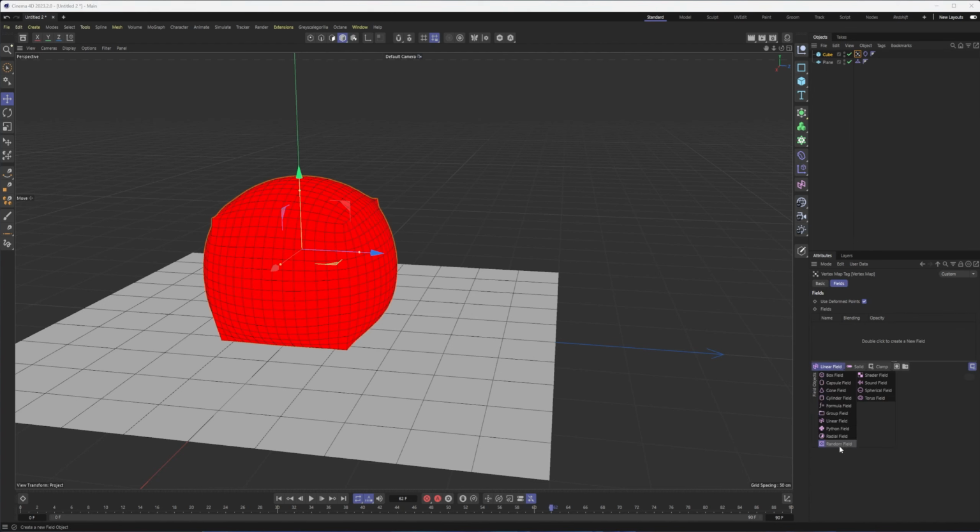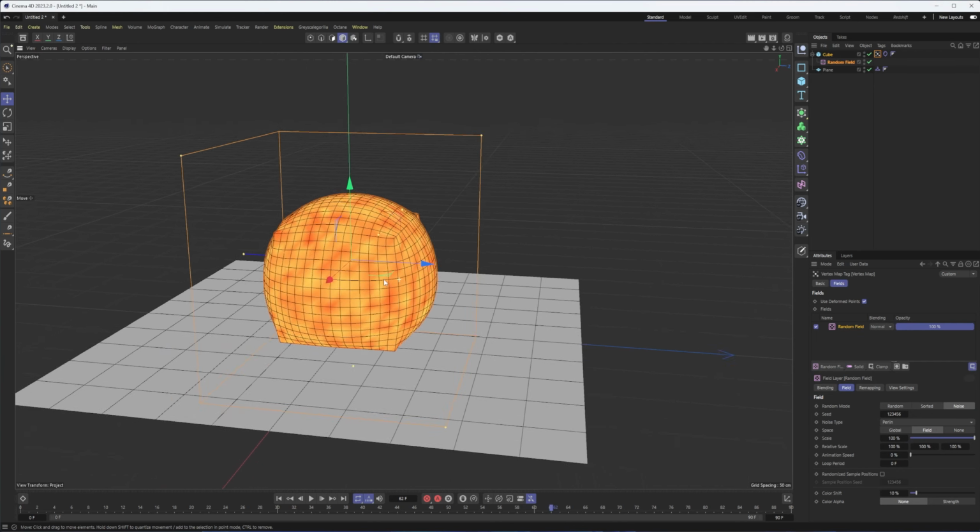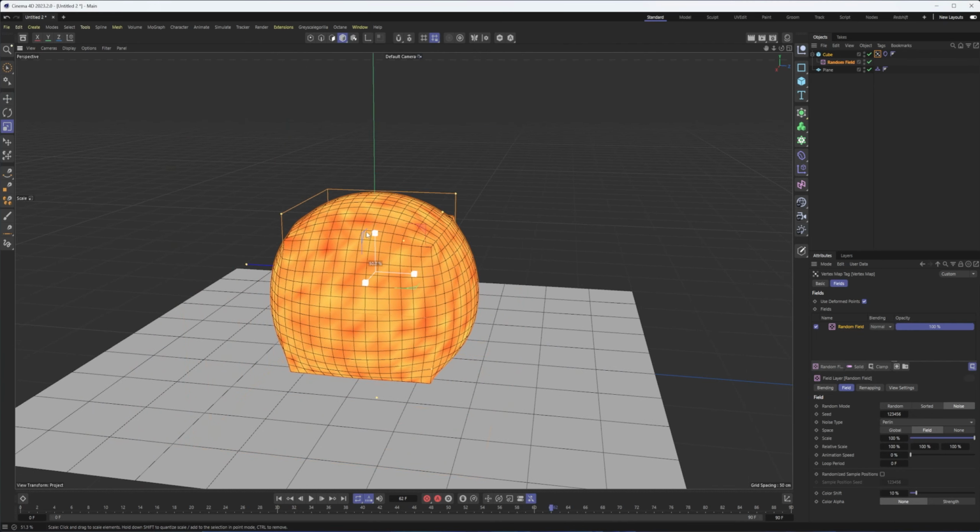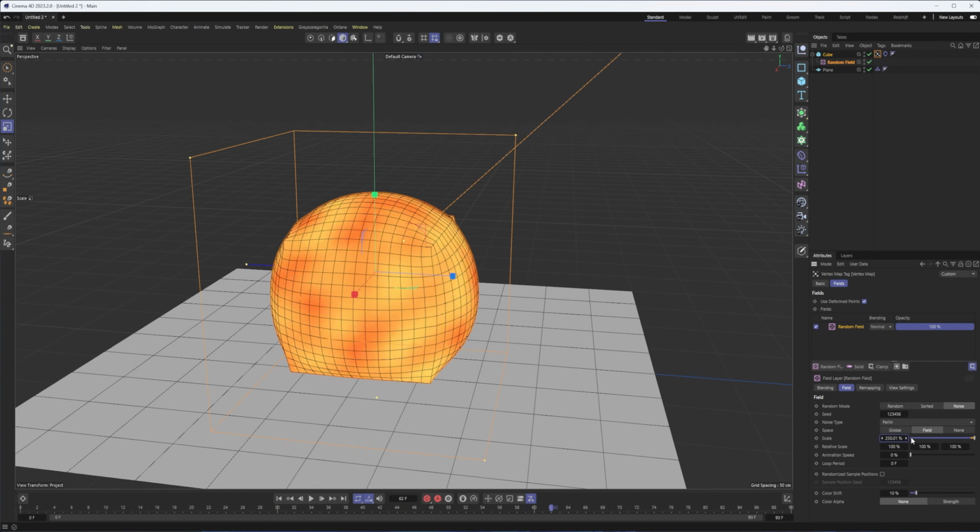And I think I'm going to use a random field to try and just get some random parts that are going to be able to influence this, and maybe go a little bit larger with this. Let's see. I'm not really seeing a way to adjust the contrast directly in here like you would if this was a noise texture. So we can see if one of our other noise patterns will work a little bit better.